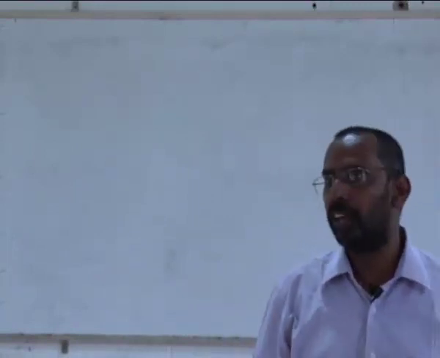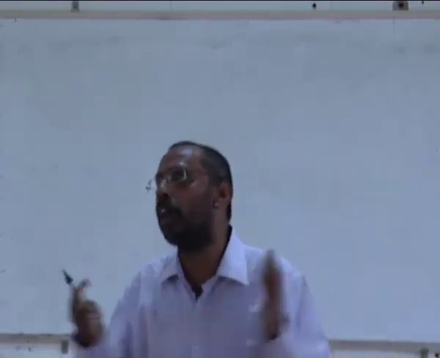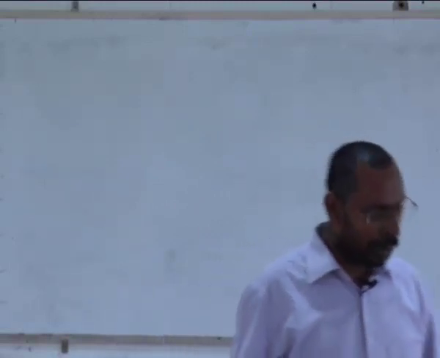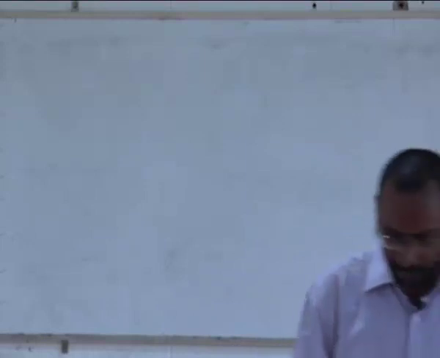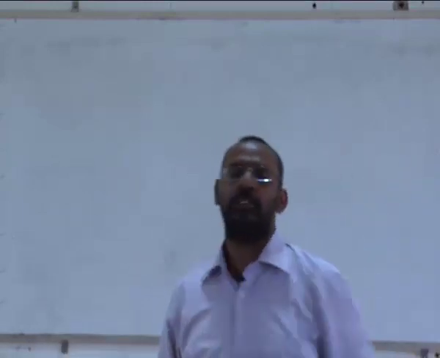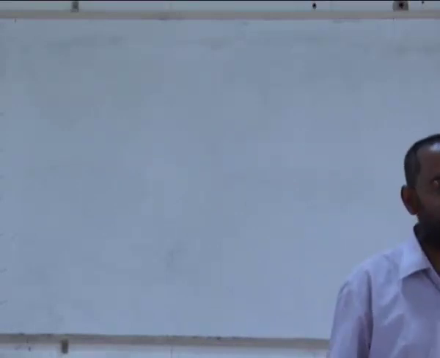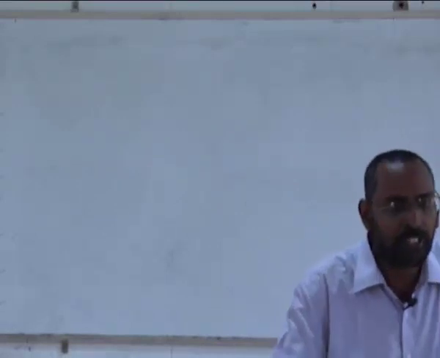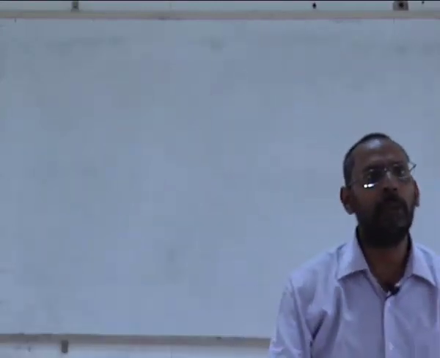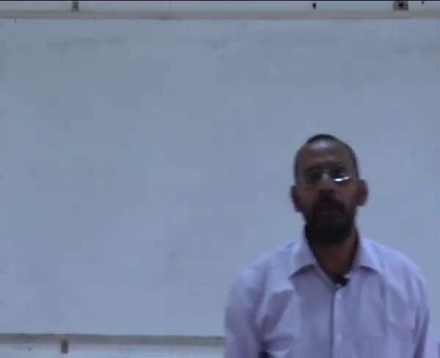And that's where you need to understand that if you want to see smaller features, the wavelength that I should use should be smaller. Then only I can see small features. As I was explaining in one of the previous classes, if you have two pens here, and I have a wave which is going through these two pens. If I want to see these two pens separately, the wave that I should use should have a wavelength which is of the order of the distance between these two. If the wave that I use is much bigger, then it will not be able to see these two.